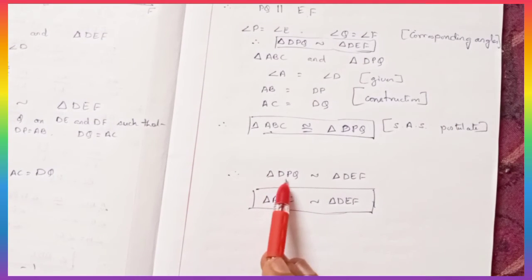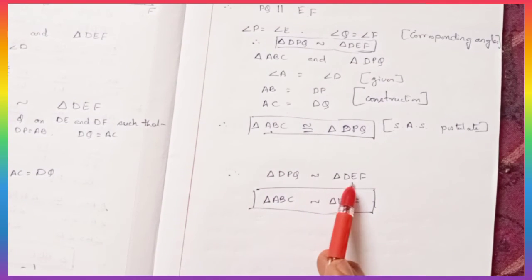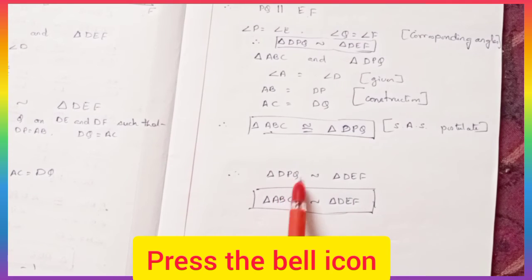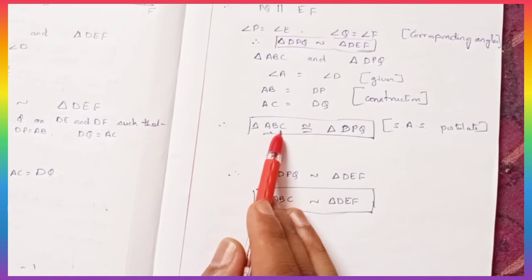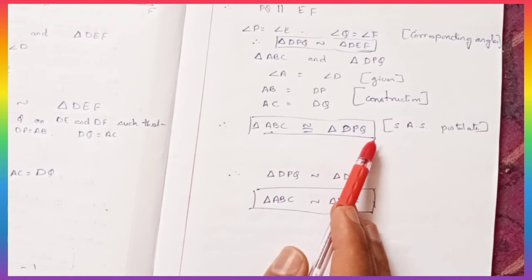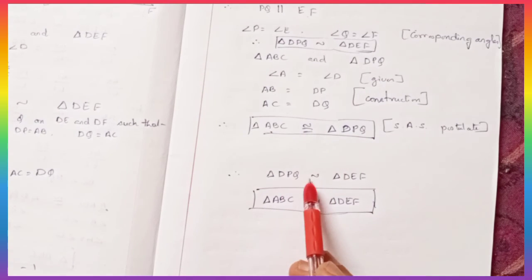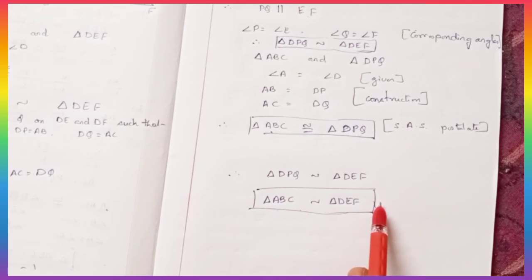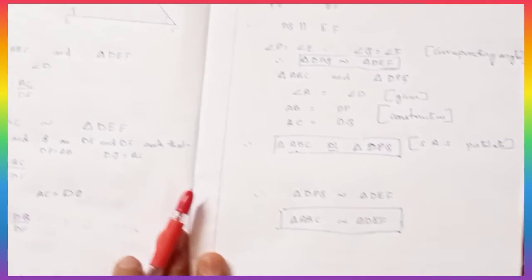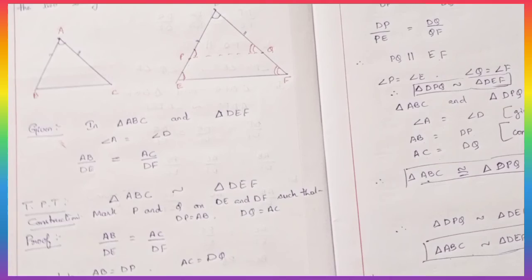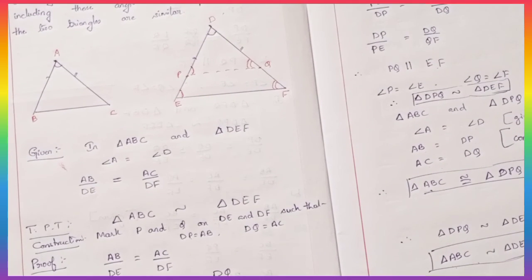We already know that triangle DPQ is similar to DEF. Therefore, instead of DPQ, what can I write? I can write triangle ABC because these two triangles are congruent. Congruent means exactly the same. Therefore, instead of DPQ, I can write triangle ABC that is similar to triangle DEF. Friends, I hope that you have understood this particular theorem, easiest theorem. If you work it out, you can also